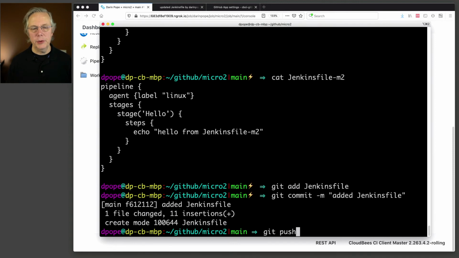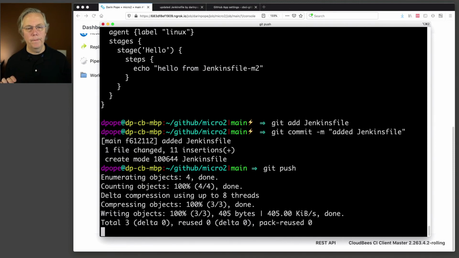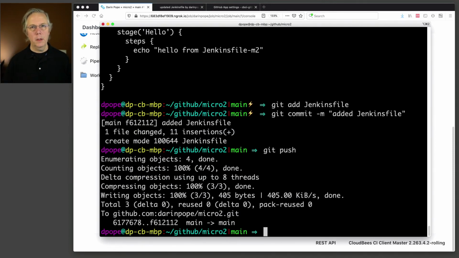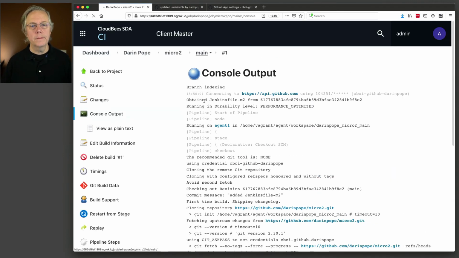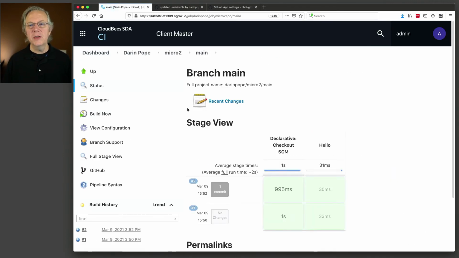And let's push that up. Now, what do you think is going to happen? If you think back to our project recognizers, the order of our recognizers are Jenkinsfile and then Jenkinsfile-M2. Which job do you think will run? It's actually sort of a trick question,